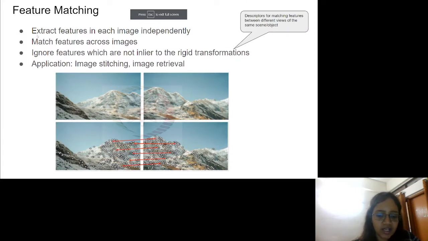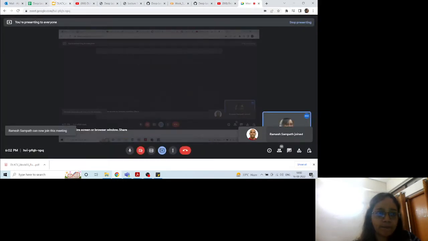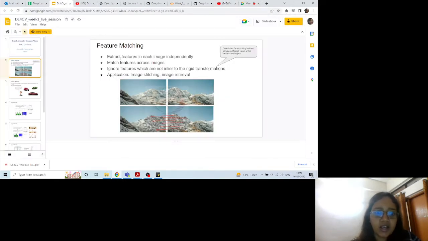What is feature matching? Basically, feature matching is where you extract features in each image independently, as is written here. So suppose you have two images which are looking at the same scene but in a different way. Now what we want to find out is features from this image that are basically independent of